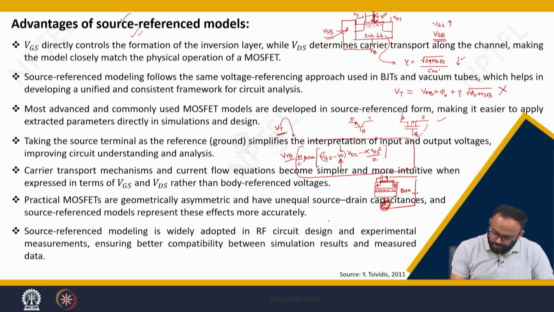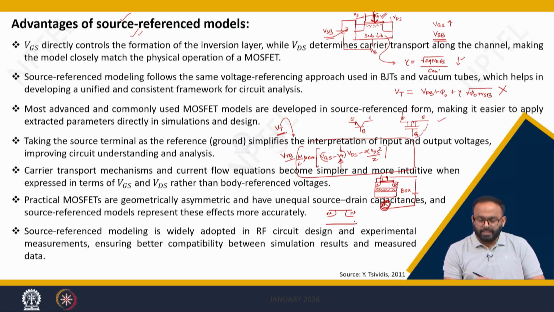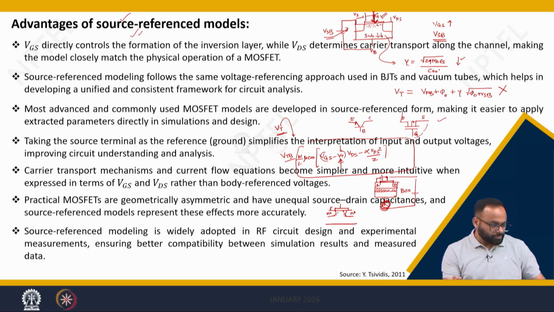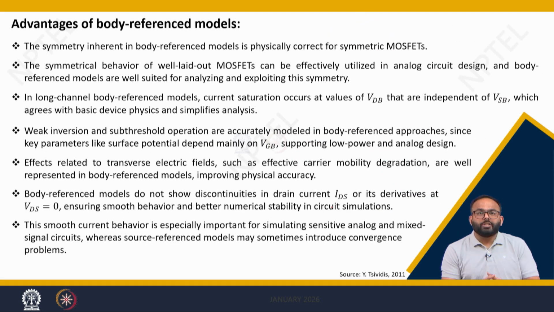In another application, you can think of some devices where source and drain are not symmetric. In some devices the shape of the drain region and source region are not symmetric, and hence to find out which terminal is source and which terminal is drain, you need to keep one terminal as a reference, and that terminal is what? Source reference model. So we do have other advantages of the body reference model too,